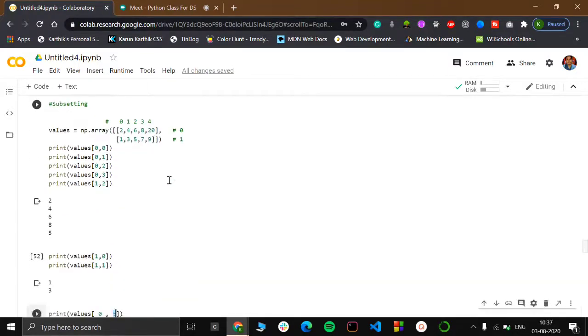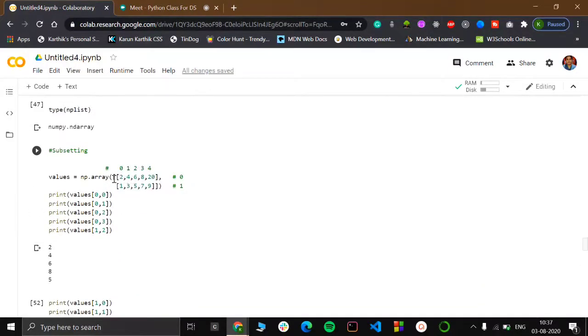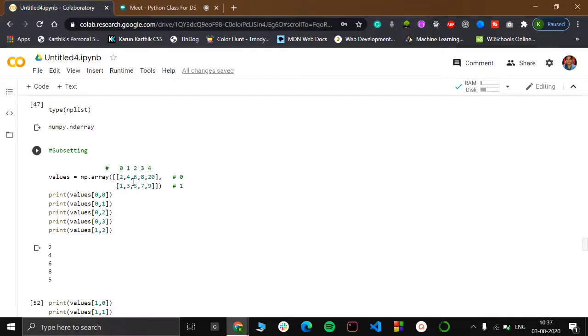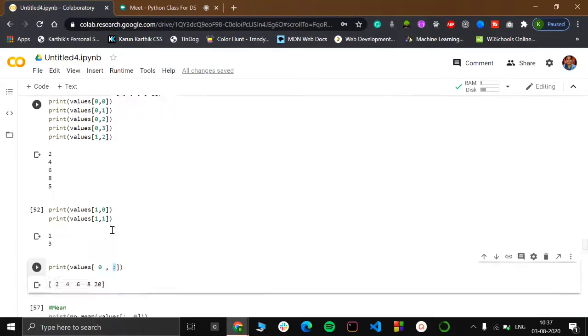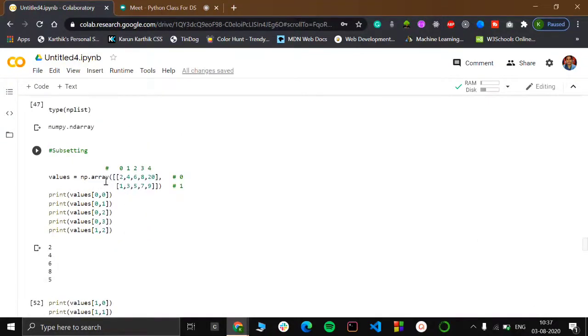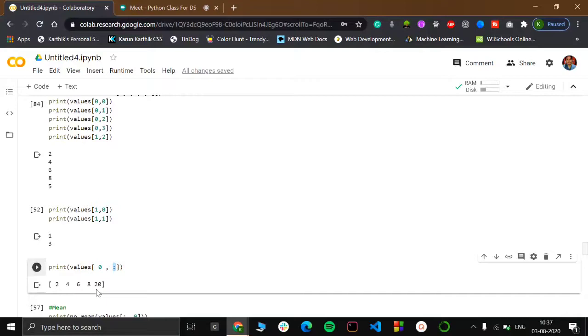Since this is the row I wanted, I have given it the row index 0, and I want to print all columns, so I haven't given any column value. What it tries to do is it goes through all row index values and every corresponding column. So that's how it prints 2, 4, 6, 8, 10.